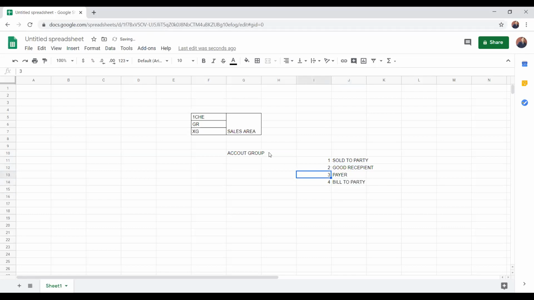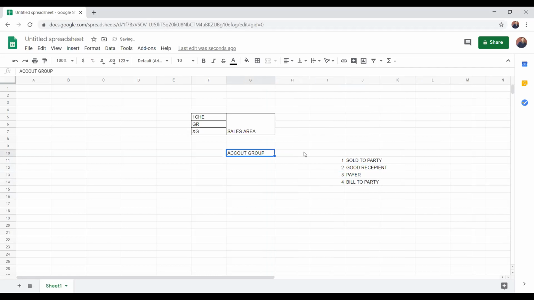So what does it mean? What exactly is the account group going to do? First, the account group controls number ranges. That means whether it is an internal number for the customer or an externally user-inputted number. And the second one is field selection parameters.